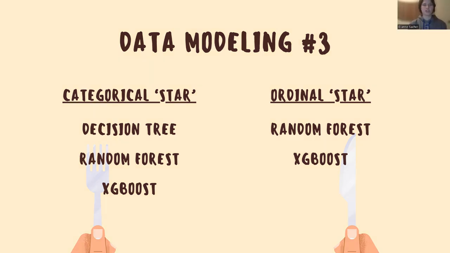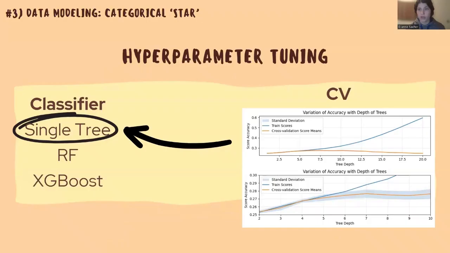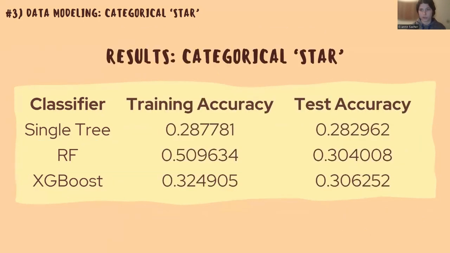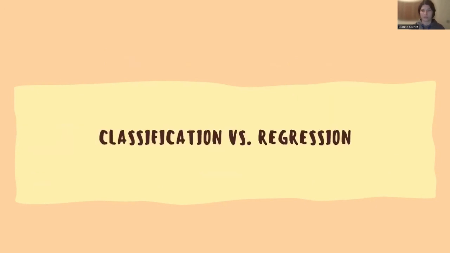When we started out, we saw star as a categorical variable. We perceived the decision of giving a restaurant 5-star, 4-star, or 3-star more as a categorization of how your experience was attending that specific location, rather than a grade scaled from 0 to 5. For basic comparison, we went with a single tree and used cross-validation for the best hyperparameters. Then we used grid search to optimize the hyperparameters for the random forest and the XGBoost model. Unsurprisingly, XGBoost, which is a good model to use when we have weak predictors, was the most accurate out of the three. That being said, we weren't satisfied with the classification model's accuracy, so we moved to implementing regression models,